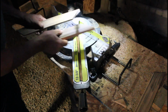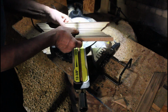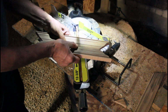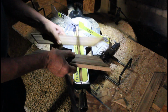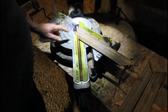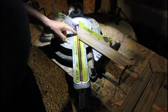Here's the one I cut first. Okay, this time I'm going to make the miter like this one that has the number 1 on it. I have a situation here. I want to cut some off this one, off this miter. Well,